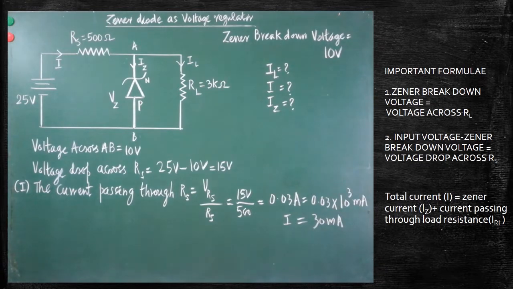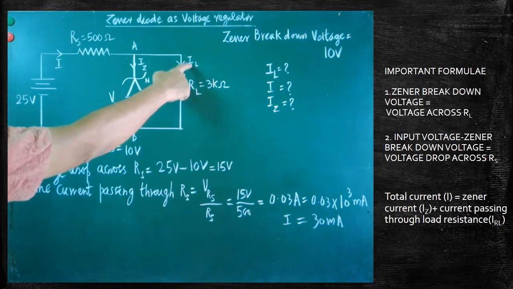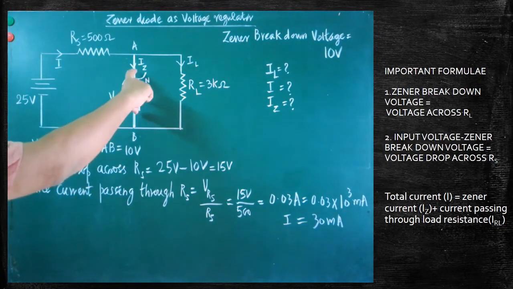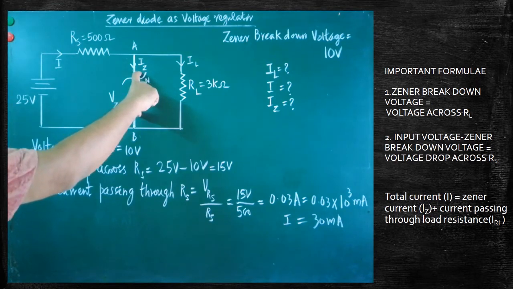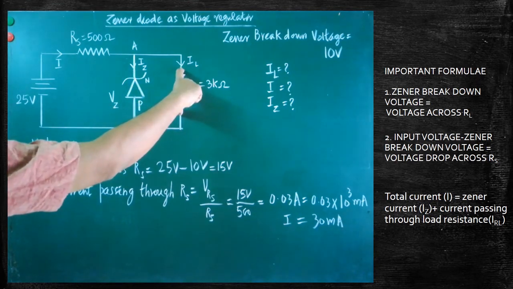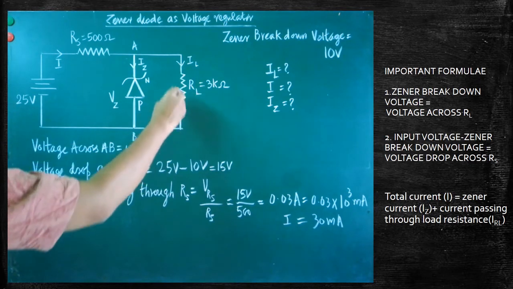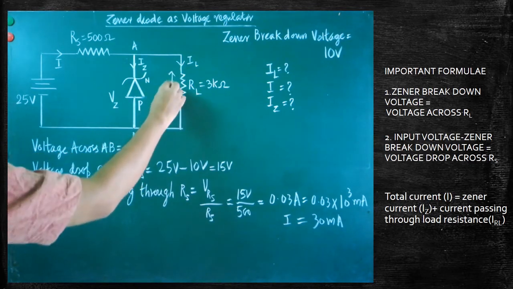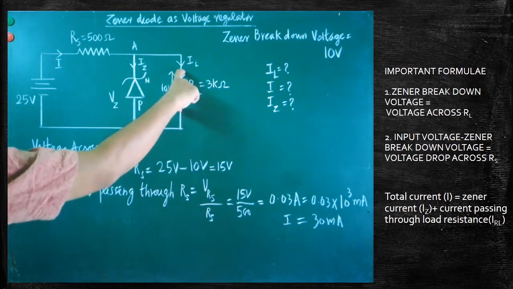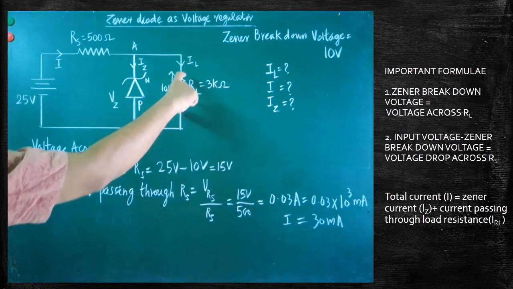Next we are going to find out the current through the Zener diode, or we can calculate the current passing through the load also. Are you clear? Here, everywhere we have to use Ohm's law. With the help of Ohm's law alone we are able to find it out. So let's calculate the value of current passing through the load resistance. How much voltage is measured here? 10 volt. The same 10 volt will be measured here. Across the load resistance also, how much output voltage will we get? 10 volt. Here also 10 volt, here also 10 volt, because the Zener breakdown voltage is 10 volt in the output.